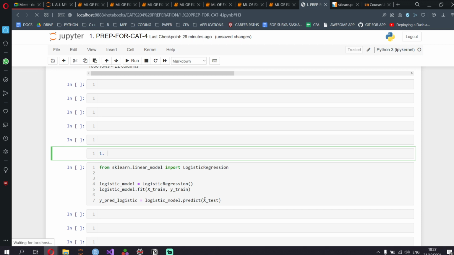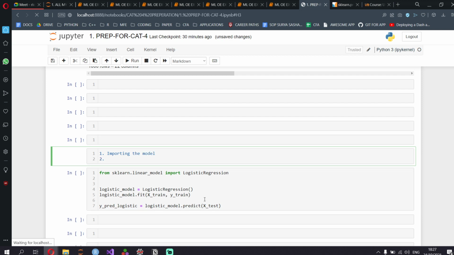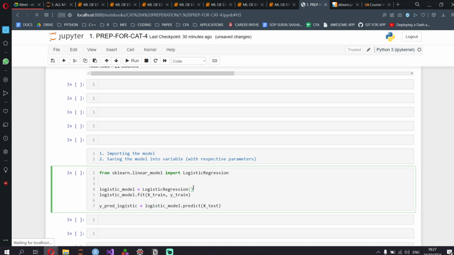So step number 1 would be importing the model. Step 2 would be saving the model into a variable with respective parameters. Okay, say I have multiple classes.